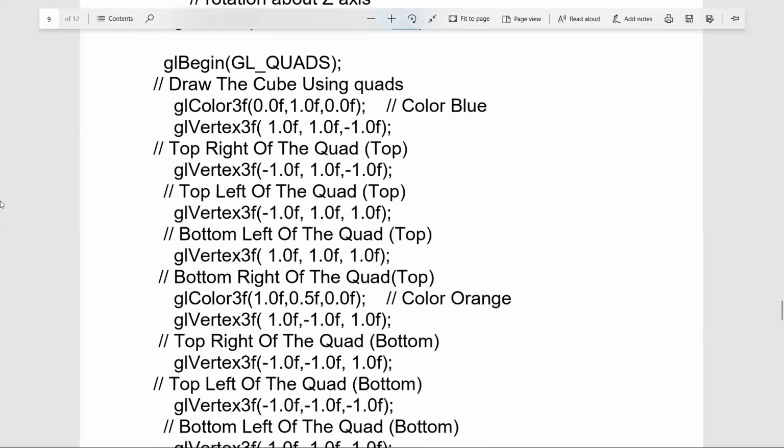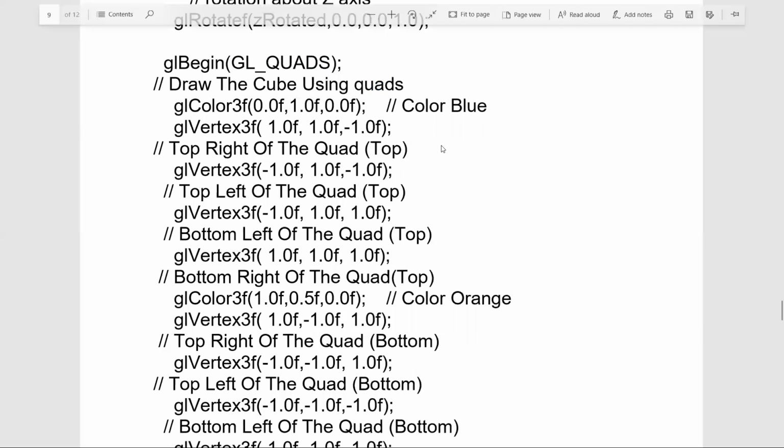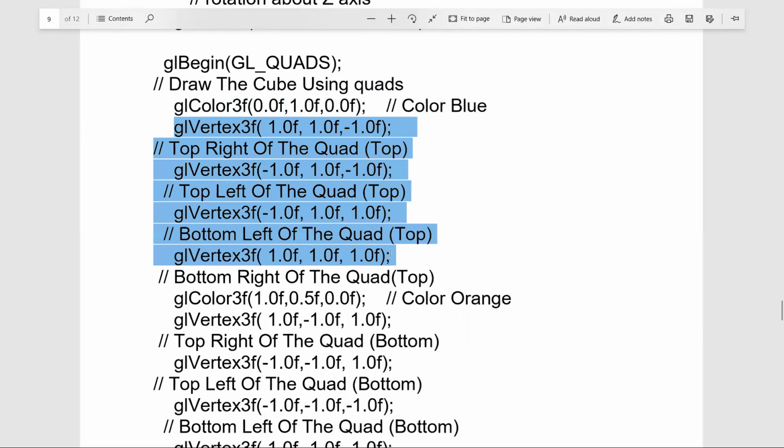Let us draw the cube now using quadrilaterals as we have decided, using GL begin. The GL begin function is passed the static parameter GL quads, as we are using a quadrilateral for each surface. Let us draw the cube surfaces. We are interested in the top surface, and we set the color as blue for drawing it. The complete top surface is drawn using the GL vertex 3F function.